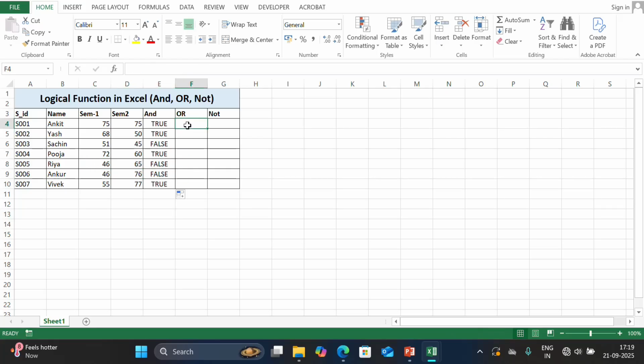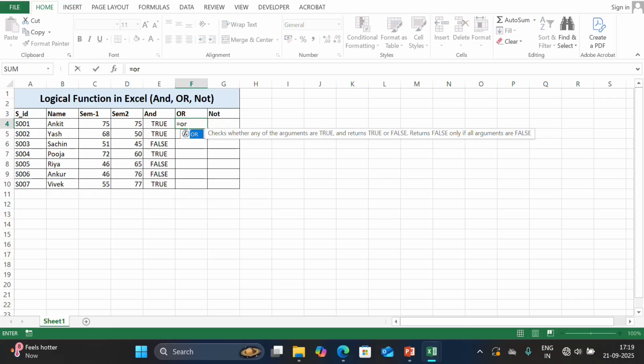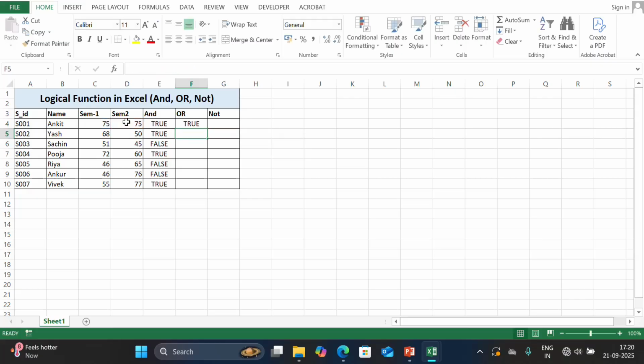Now OR: marks greater than or equal to 50 or marks less than or equal to 50. So those who are less than 50 are also going to pass in this situation, right? Because with OR, either one is enough. But with AND, both are mandatory, right? So as you can see,